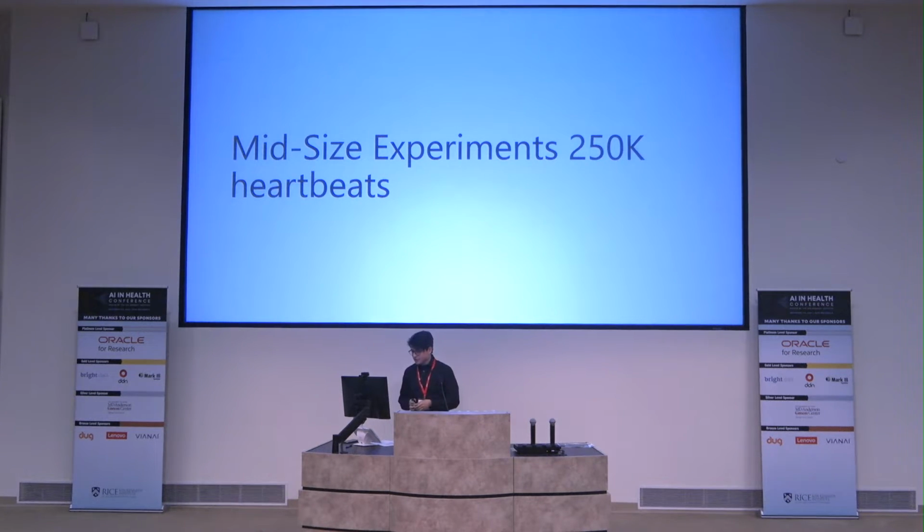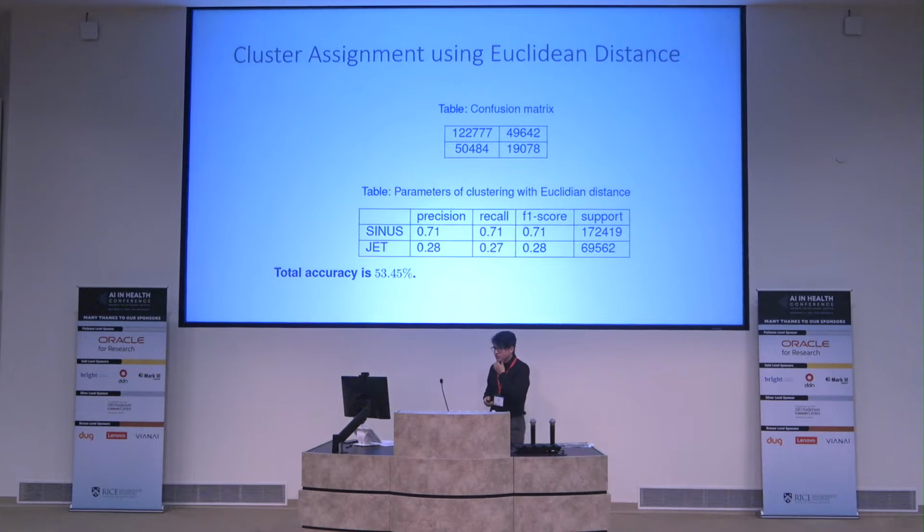And then just to finalize, another experiment that we were playing around with is now let's do mid-scale. So for this one, we have around 50 million heartbeats to analyze. So that's a large-scale experiment. So here is just a middle scale, 250,000 heartbeats.